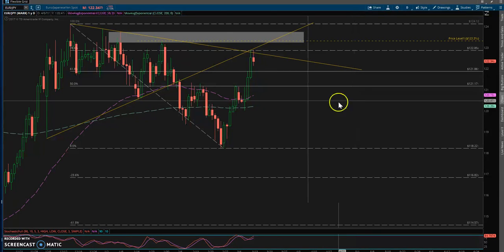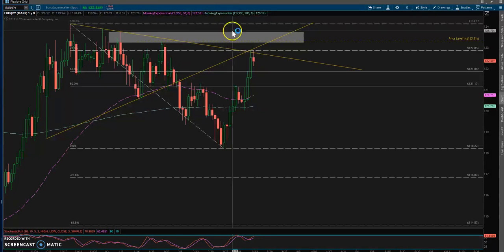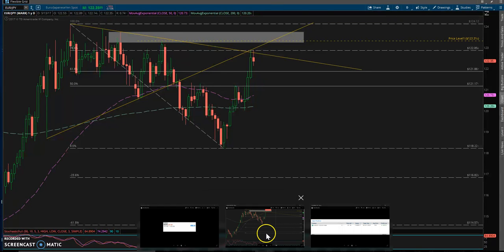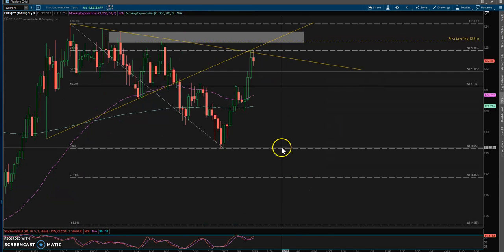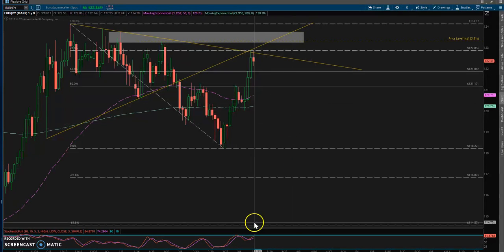You can see that we've got some good structure here on the 4-hour chart. We've got a nice little supply zone, and right off of those levels, prior to them testing there for the second time, I was ready. I had planned on shorting had we gotten up to any of these levels, and part of the reason why I was looking to do so was something that we teach, which is